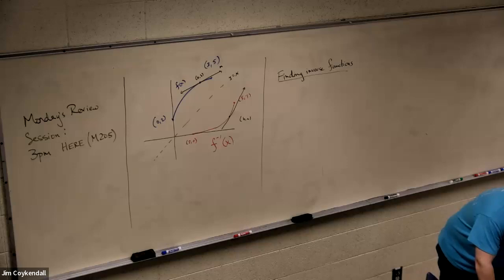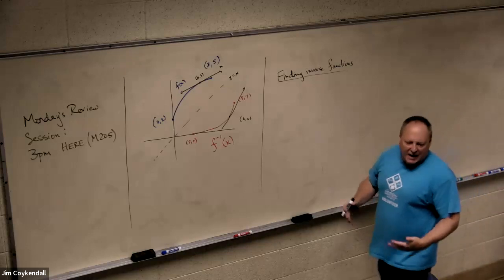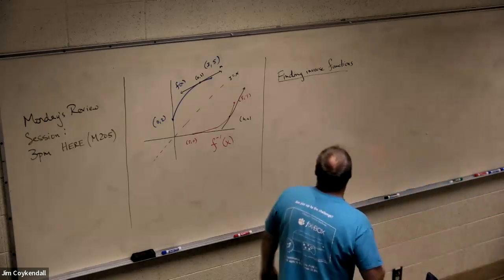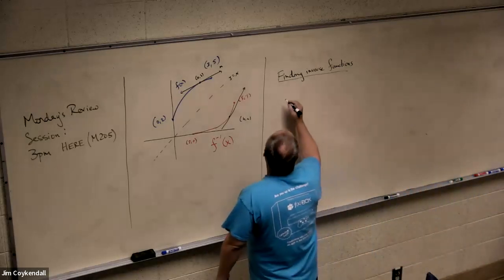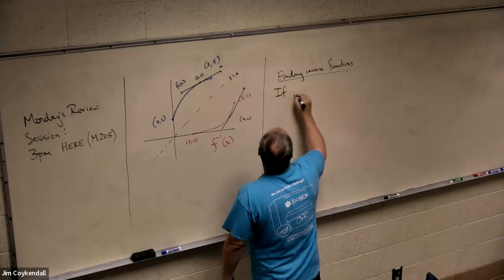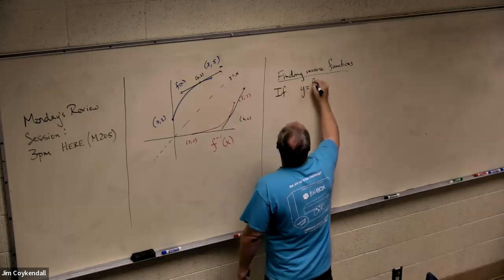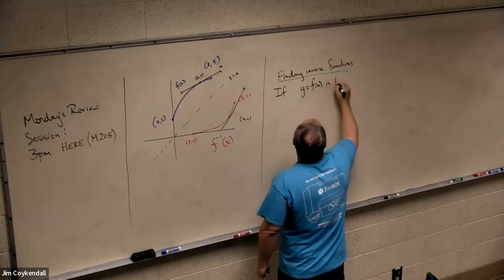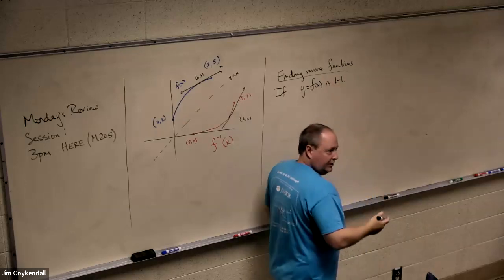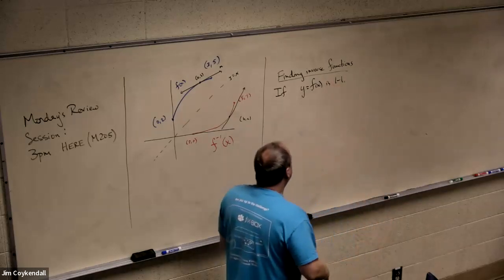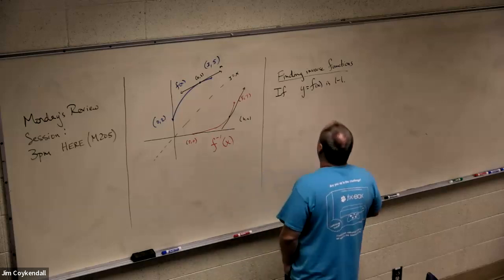This procedure always works theoretically, but actually solving is incredibly difficult. So for some functions, it's not practical at all. But if you have a function that is 1-to-1, so it has an inverse, then